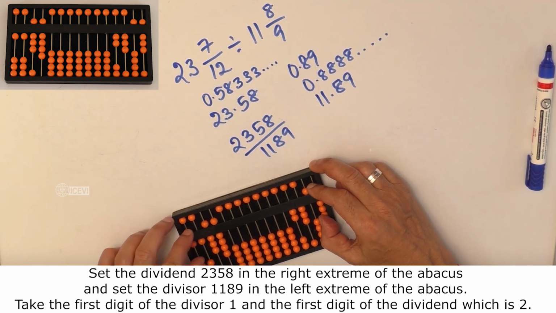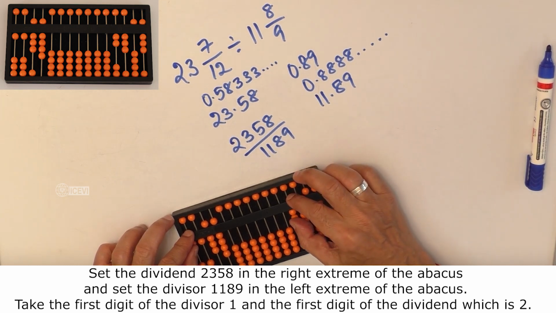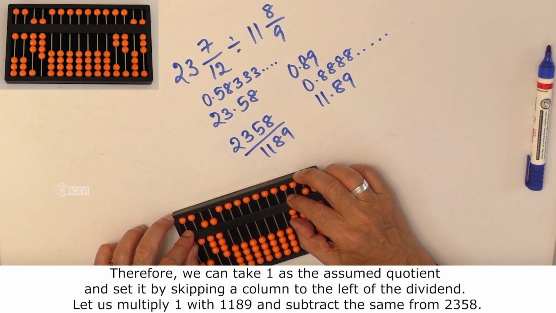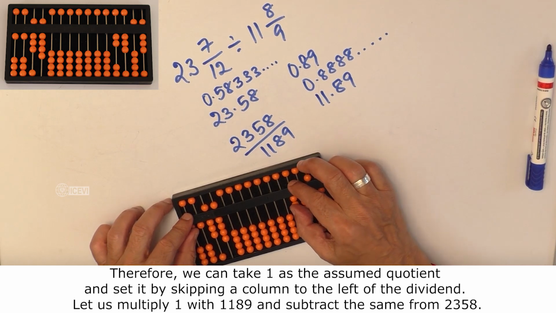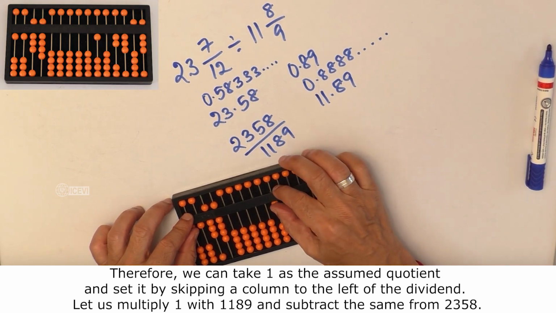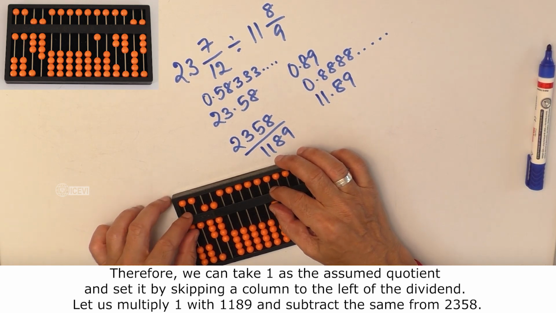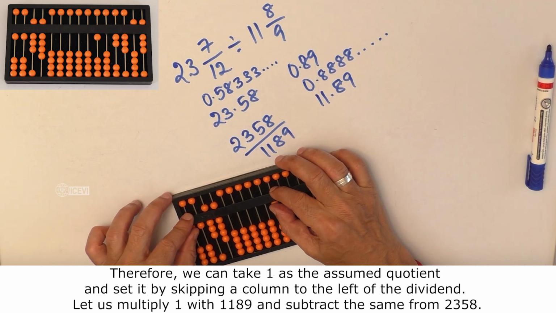Take the first digit of the divisor, 1, and the first digit of the dividend, which is 2. Therefore, we can take 1 as the assumed quotient and set it by skipping a column to the left of the dividend. Now, multiply 1 with 1189 and subtract the same from